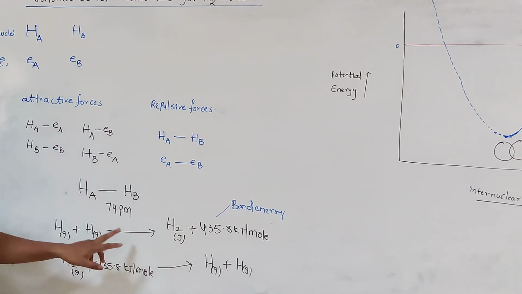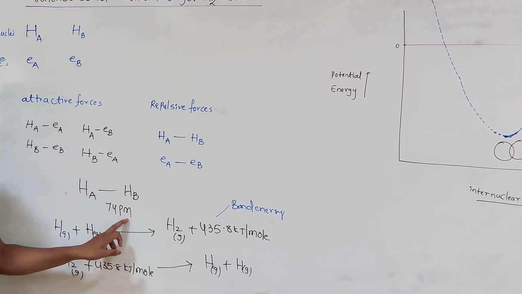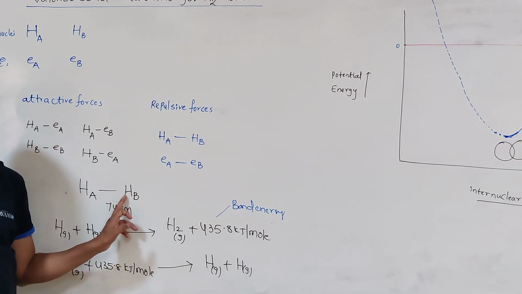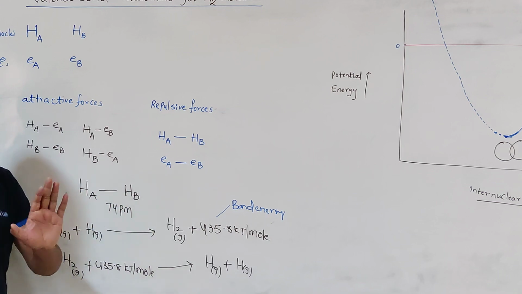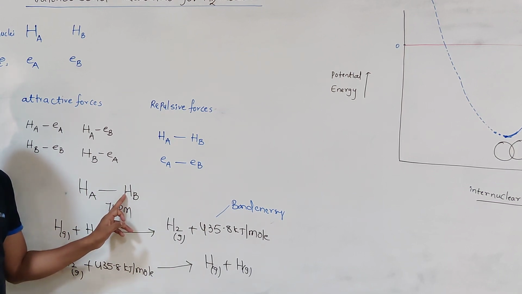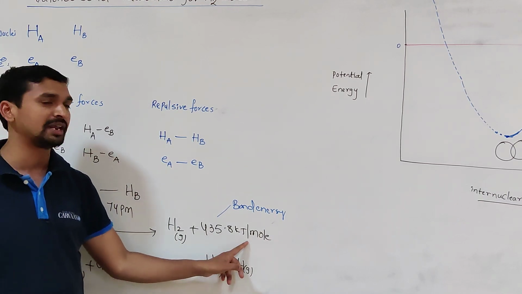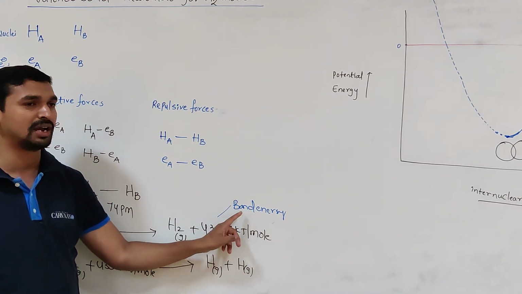Here, at 74 picometers, the two atoms are bonded together to form a most stable molecule. At that stage, the molecule has minimum energy and maximum stability by releasing 435.8 kilojoules per mole, which we call here the